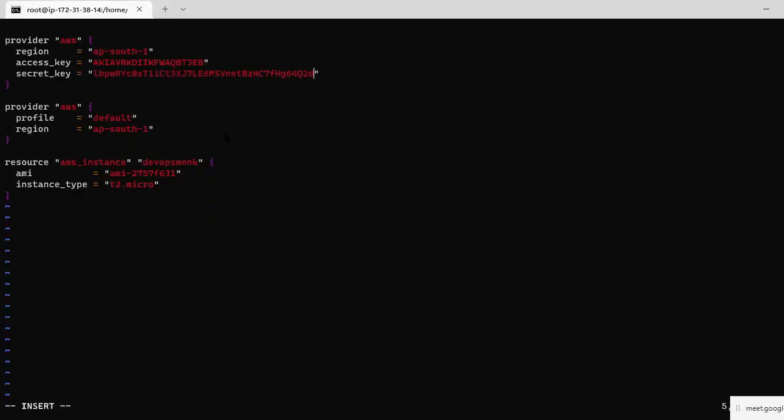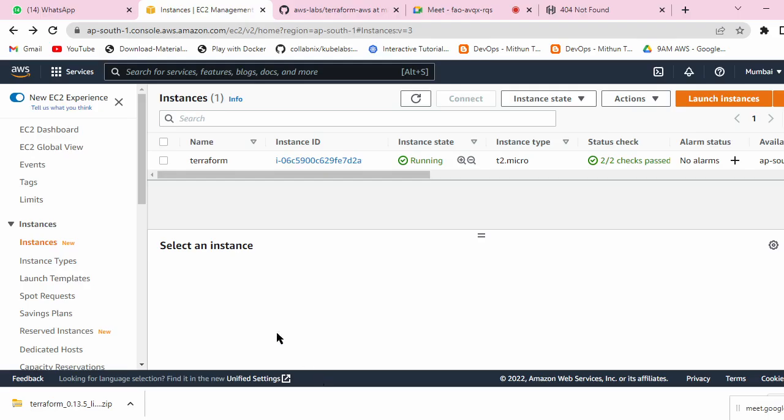This is my secret key. And now the AWS profile is default, region is AP South 1, and the instance is AWS instance, DevOps, and AMI. Where I have taken this AMI: launch an instance.